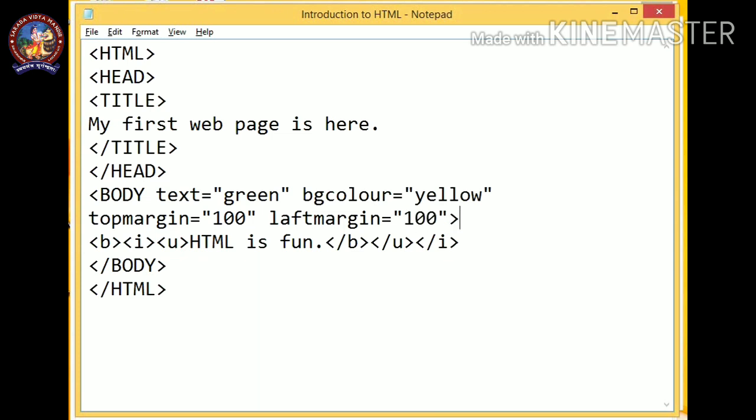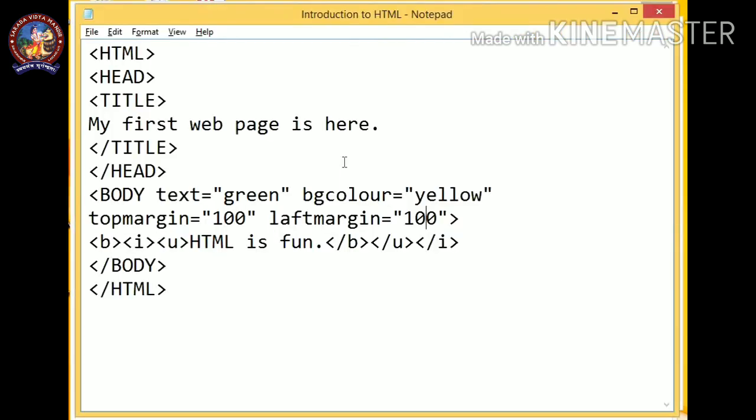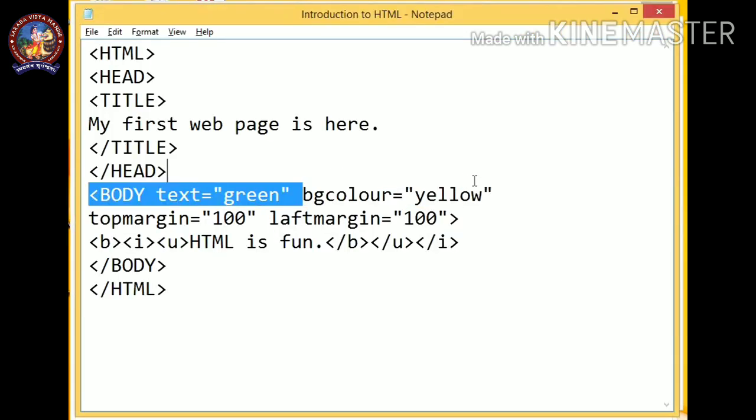So let's see how it looks. Control S, Alt Tab. You can see it was like this. After the changes I made, press F5 to refresh. So you can see the text color is green, but the background color is not working. I have given the background color here, BG color is yellow.